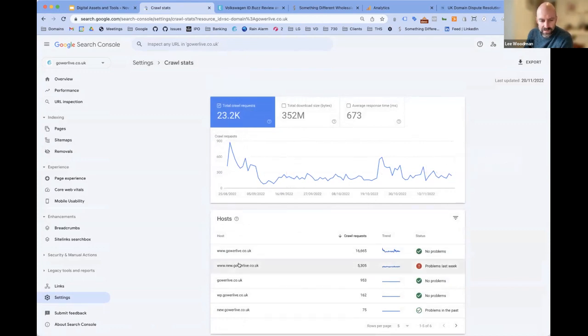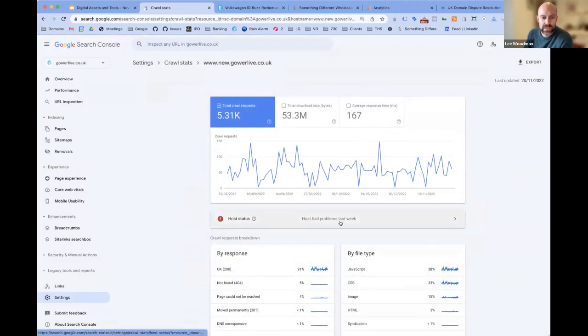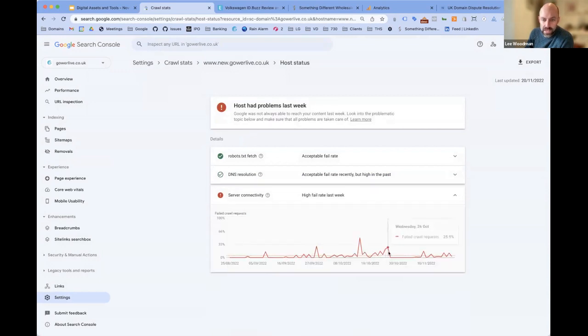So this is one of our staging environments, a test environment. We've had some server issues with that last week. So this is Google saying to us, look, when we sent our robot in to have a look at the website, we found that we had a high server connectivity issue. Okay, so if that was on the main website, you'd definitely want to be looking into what's going on there. I'm not worried about it because it's on our staging environment. But,